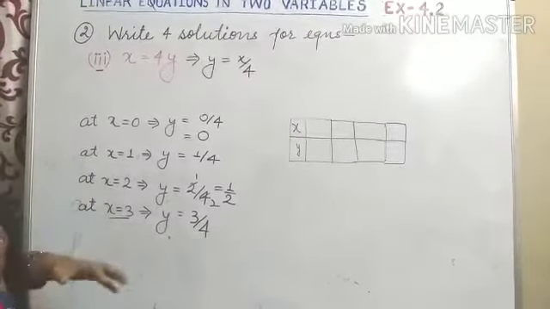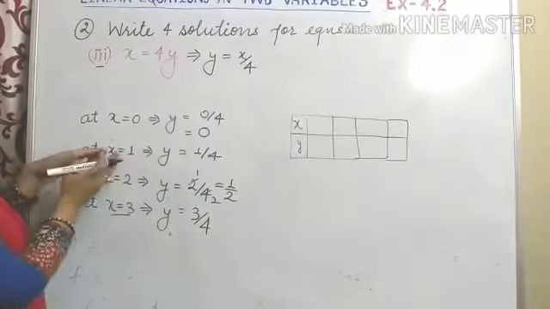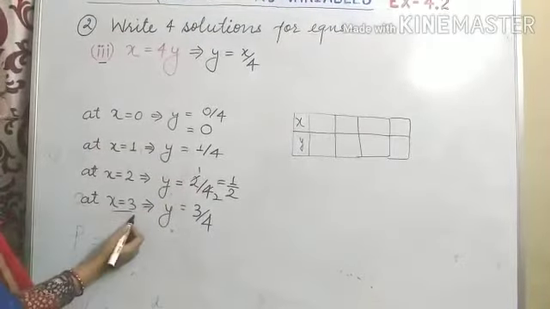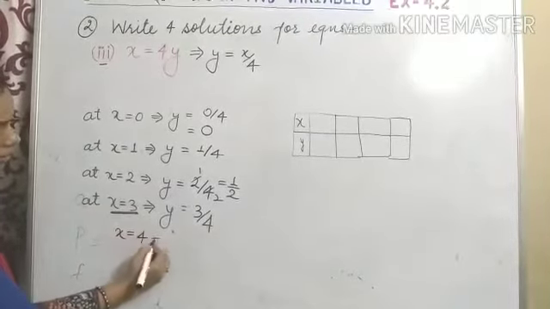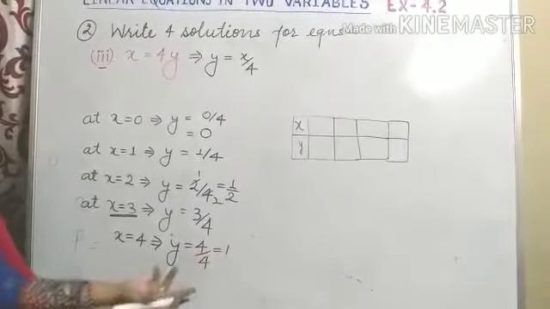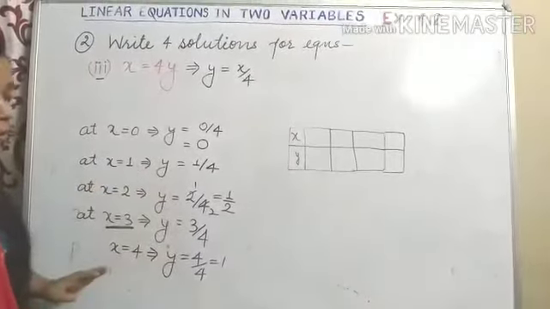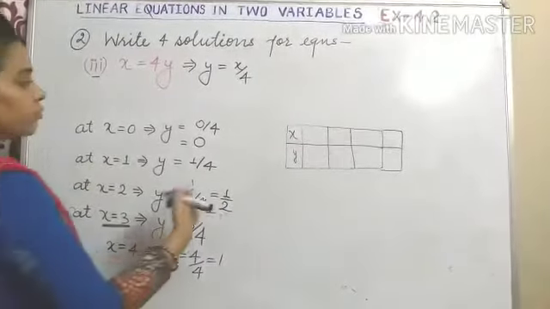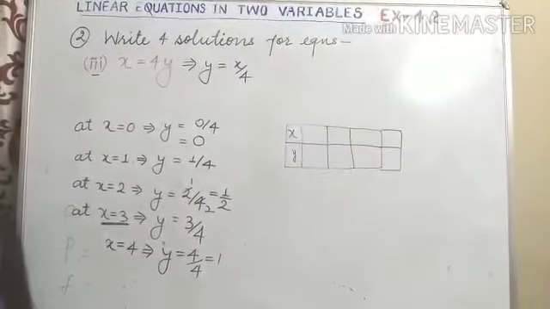If we want to avoid the fractional values here, then we have to put the values of x accordingly. Let me explain. Suppose here I have taken x equal to 3. If I would have taken x equal to 4 here, you can see that y comes out to be 4 by 4, which means 1. Now no more fractional values are here. So it totally depends upon us whether we want to take it in the fractional form or as a whole number, but it's always correct. Every different person can use a different method for solving this, so they will be getting different values.